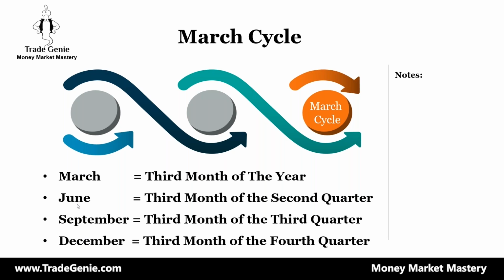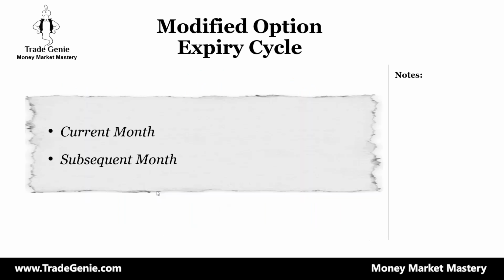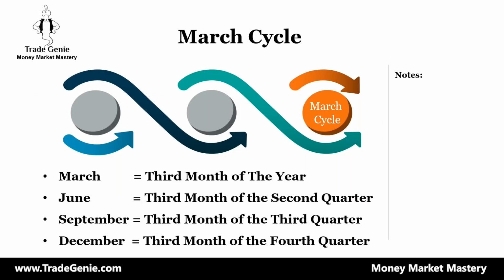So the March cycle has March, June, September, and December. So there are some additional months listed also. Let me explain. Not only does that cycle exist, there's also something called the modified option expiry cycle. The modified option expiry cycle says that not only do you list these 4 months, if the stock is assigned to a March cycle,